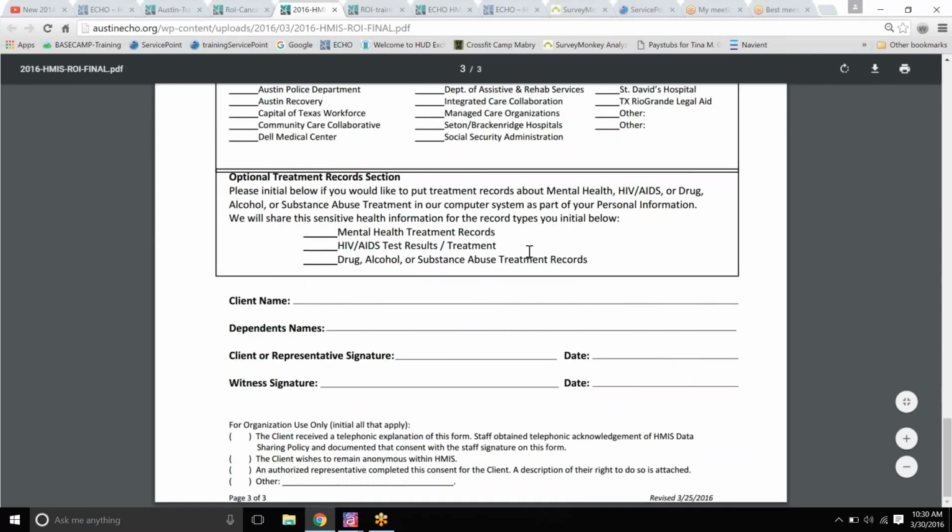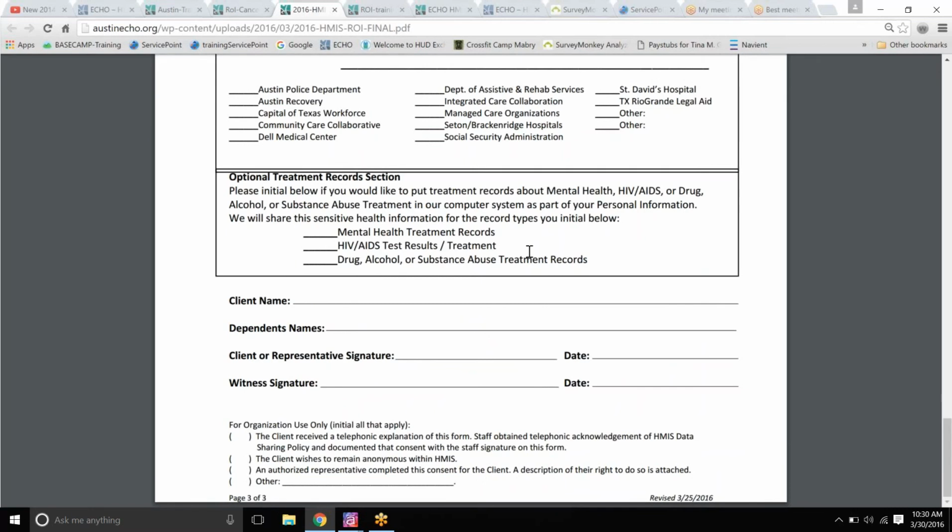So if the client has mental health disabilities and they have treatment records to back that up, and they are saying that they would like us to store those treatment records in Service Point, we're going to upload those, just like any other document, PDF, into Service Point, and it's going to be unlocked so that everybody can see it, and it'll be treated the same way their personal information does. So great question. You would upload them the same way you do any other document.